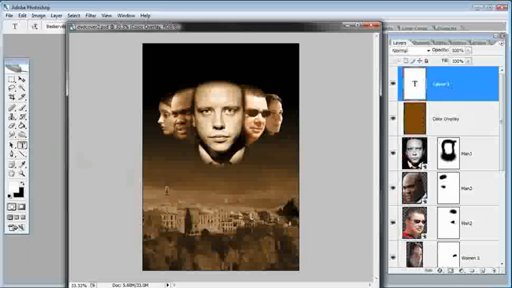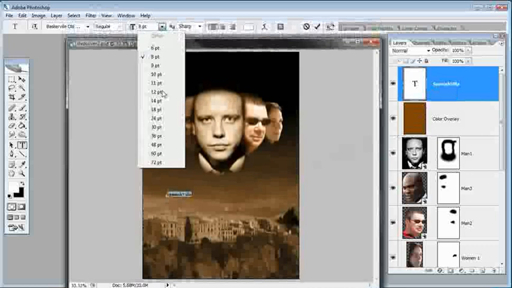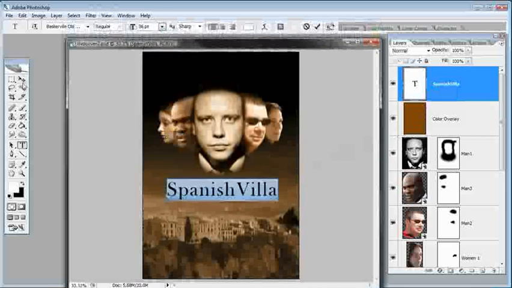And you can type out any name you want. Mine's going to be Spanish Villa. I'll press the Enter key. Better yet, I'll double click on that type layer, and up here on the options bar I'll set the point size for that type. Select the Move tool,